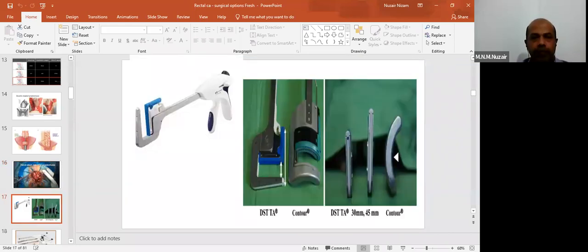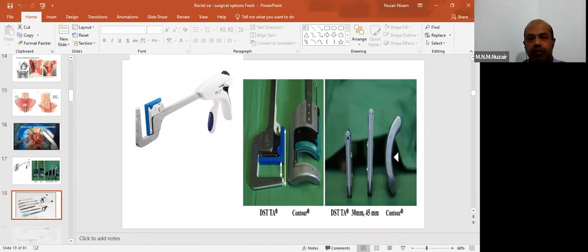So another concept is total mesorectal excision. Initially, it was advised to have a total mesorectal excision where the whole mesorectum must be removed. But after some time, some of the surgeons did what's called partial mesorectal excision. Partial mesorectal excision means you remove part of the mesorectum, the 5